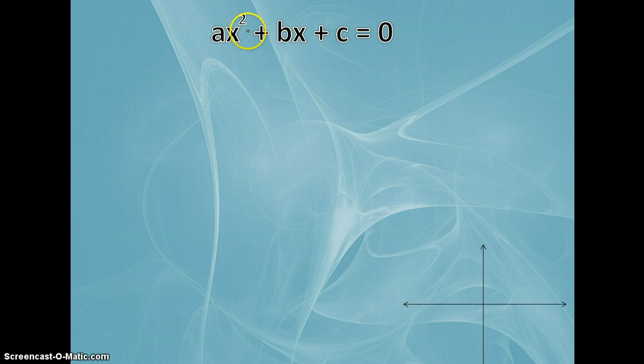It is this x squared term that defines that it is a quadratic. And all a, b and c are representing are the coefficients and numbers in front of each of these terms. And we're just going to consider a very simple example of this where the a value is 1. Now the equation we're going to have a look at is x squared minus x minus 6 is equal to